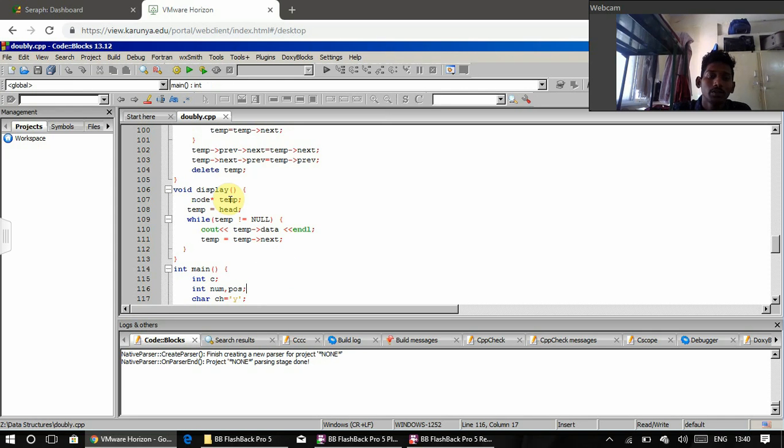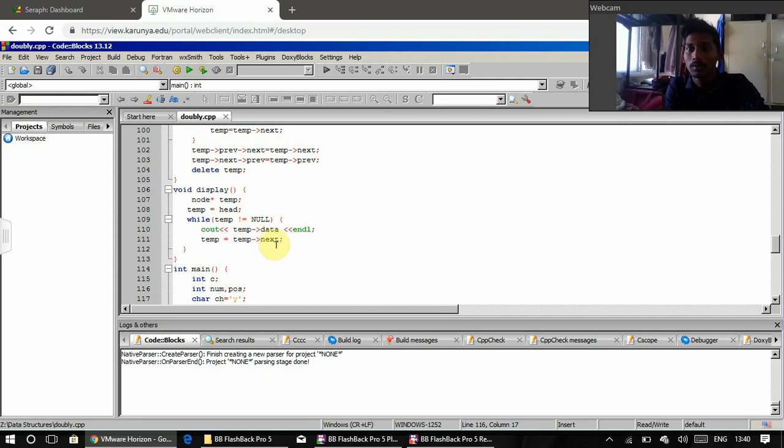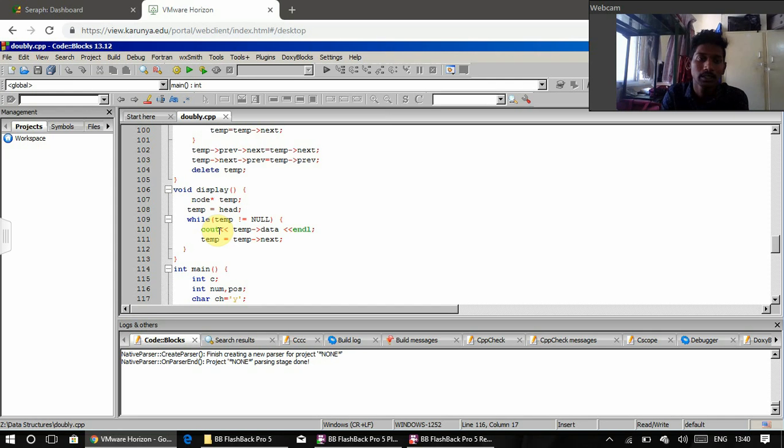For displaying, node star temp equal to head. While temp not equal to null, cout temp data. Then it will print the data of the linked list. Temp equal to temp next. Now in the main,